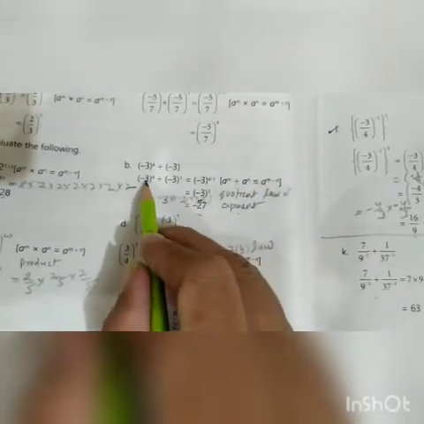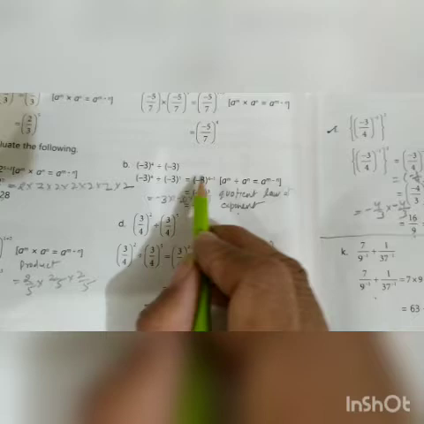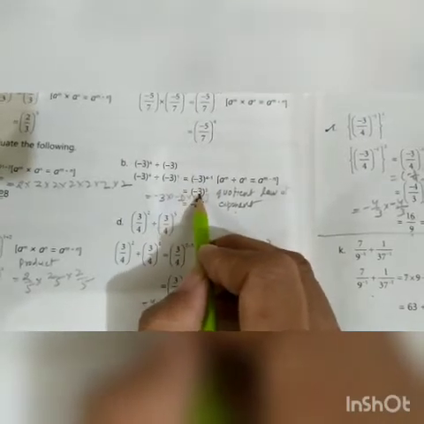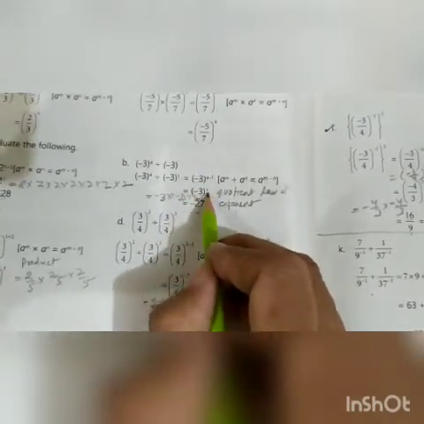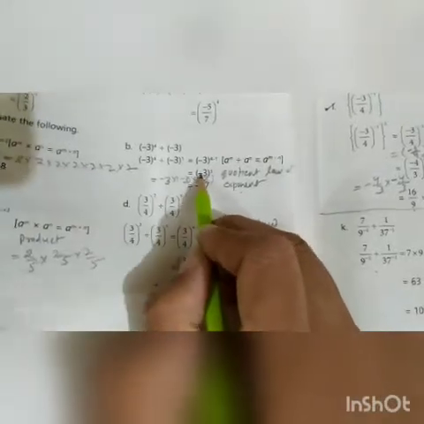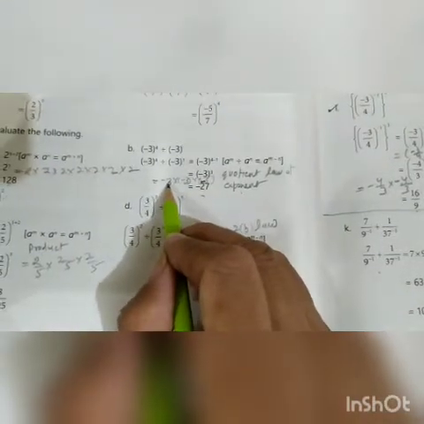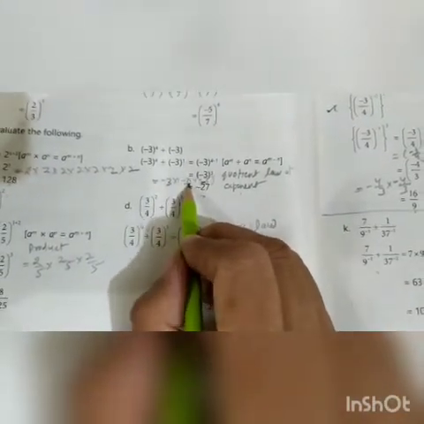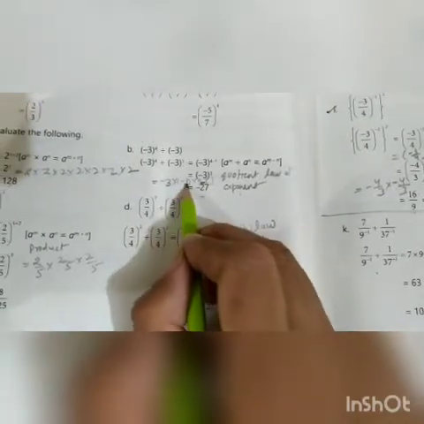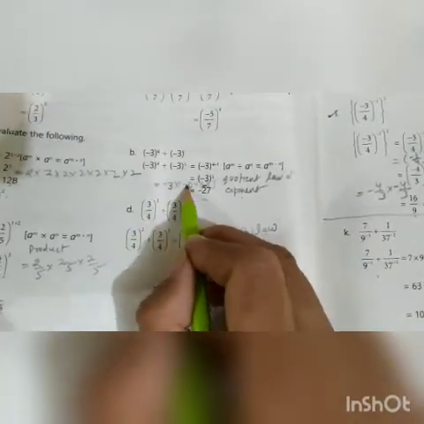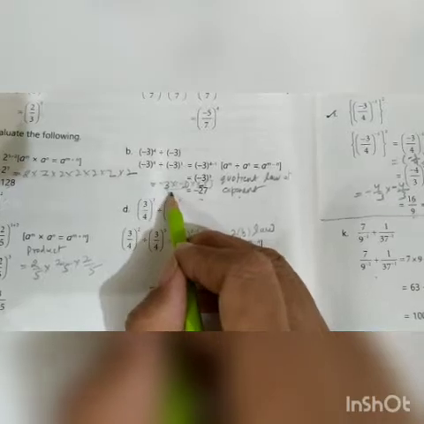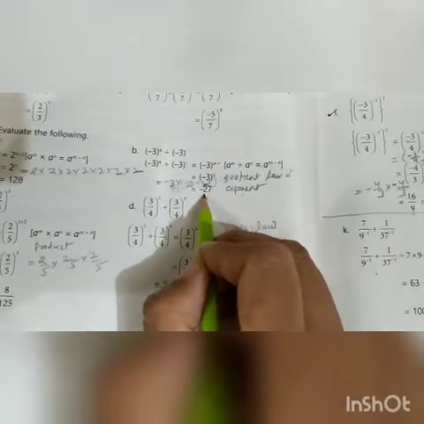So here we will write minus 3 power 4 minus 1. Then it will be minus 3 whole power 4 minus 1, which is 3. Now write minus 3 three times. Then minus 3 into minus 3 into minus 3. 3 threes are 9. Minus 3 into minus 3 is plus 9, plus 9 into minus 3 is minus 27.